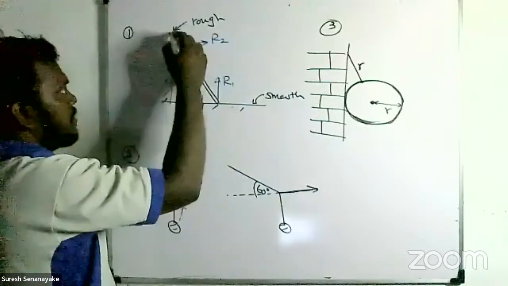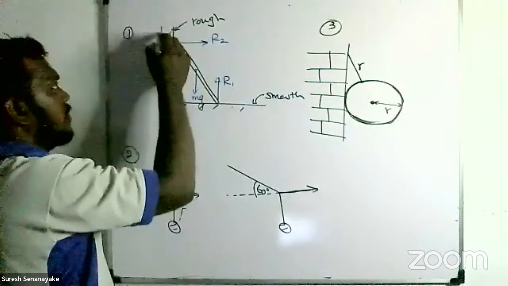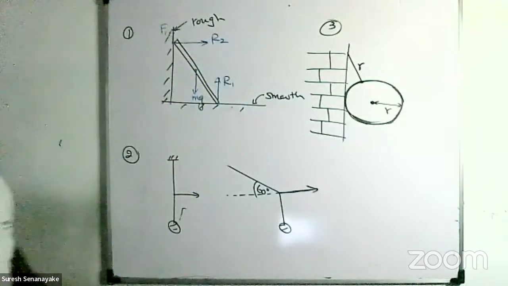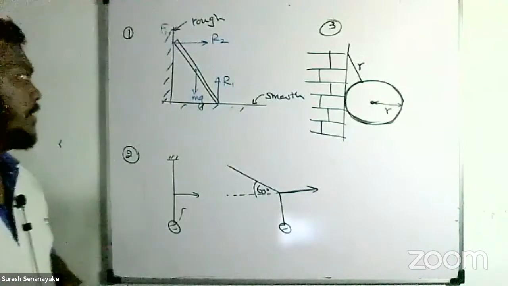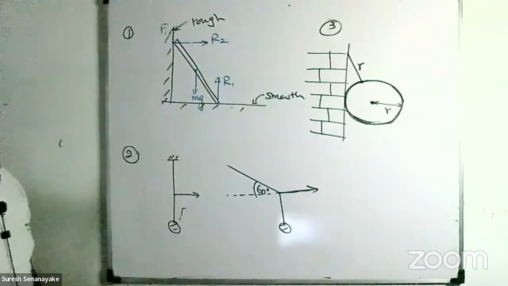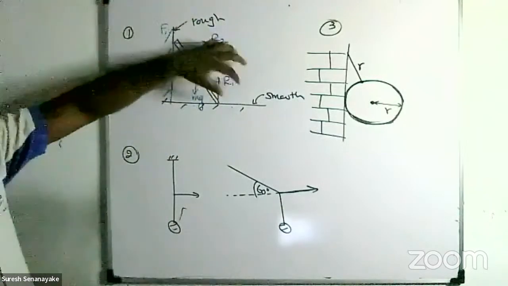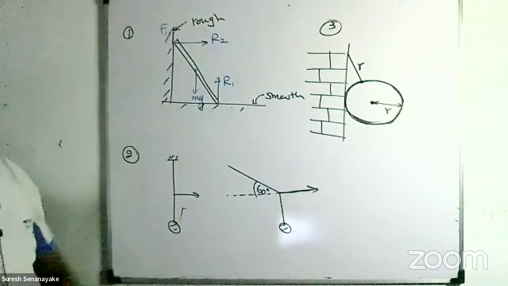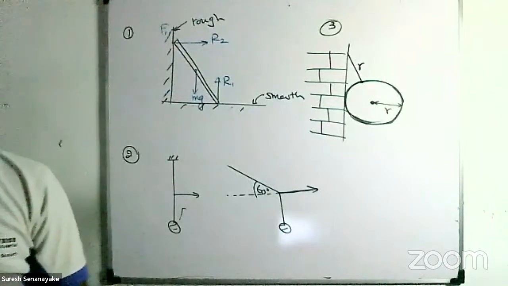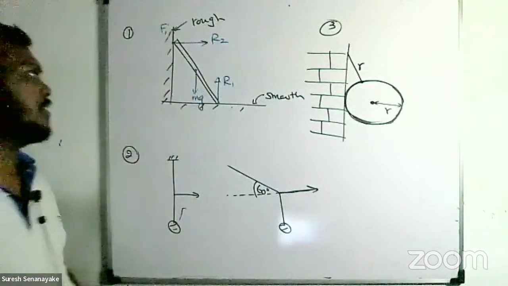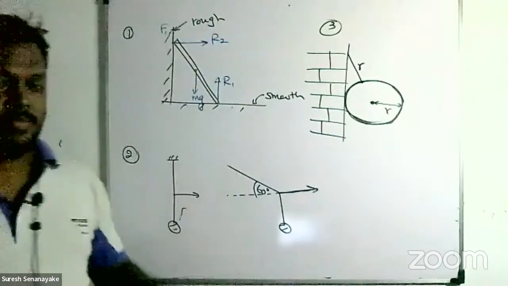This rough surface also has a force upward, that's friction. According to this figure, you can see there's an upward force and also a downward force, so they may balance, right? But the forces acting on this ladder horizontally,